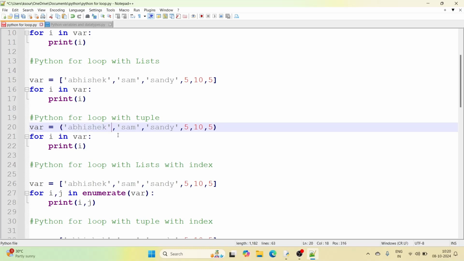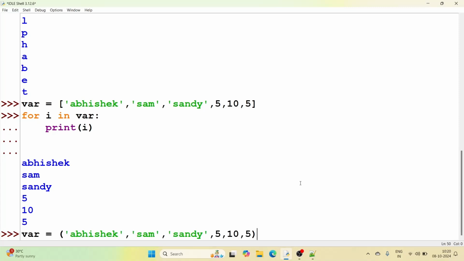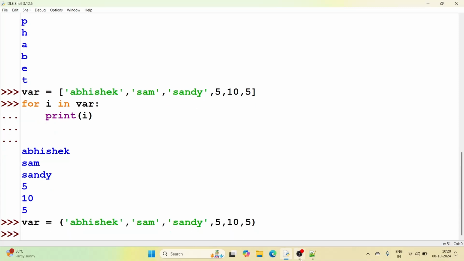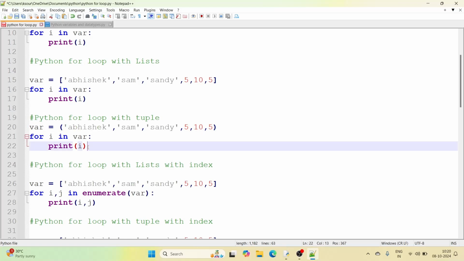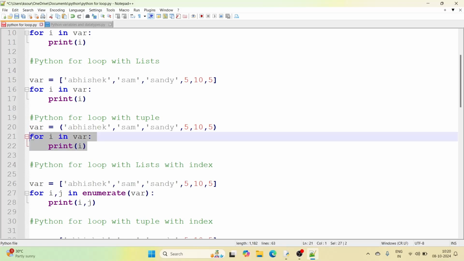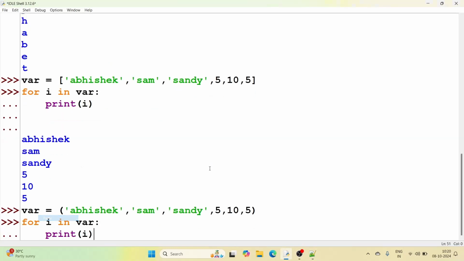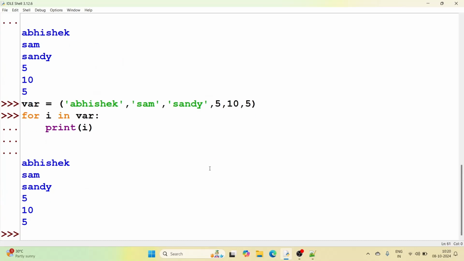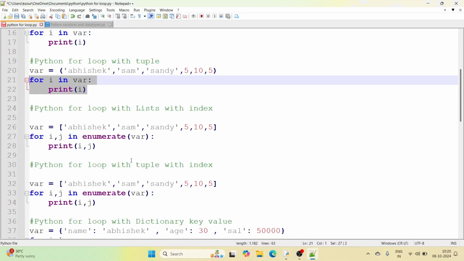That is the difference between list and tuple. So let's define a variable tuple. Let me paste it here. Okay, so the variable got defined. Let's iterate through each tuple value using a for loop. So let me paste it here. You can see we can iterate through a tuple also using a for loop like this, right? So for i in the variable, which should be of tuple type. So this is the example with tuple.